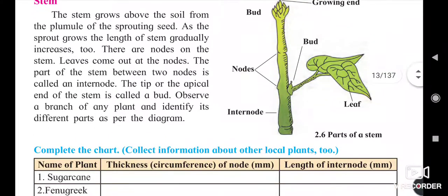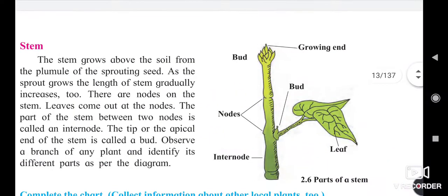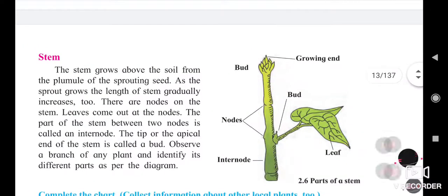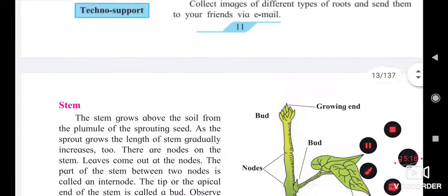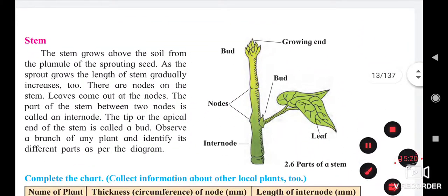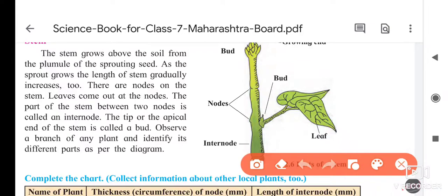The tip or apical end of the stem. Here is the apical end of the stem, here, is called a bud. The branches of any plant help identify these different plants.